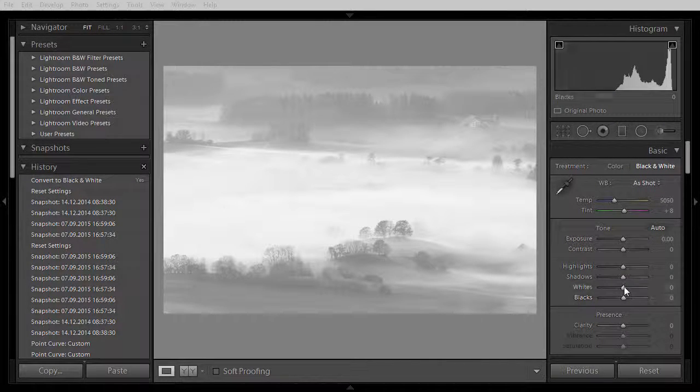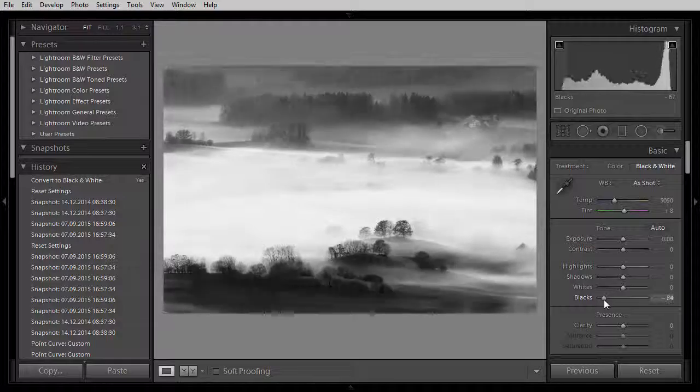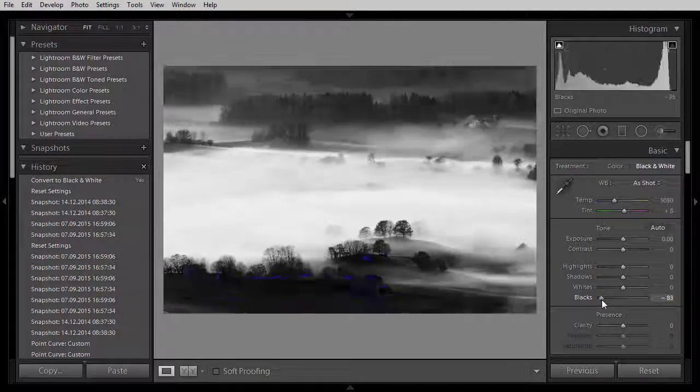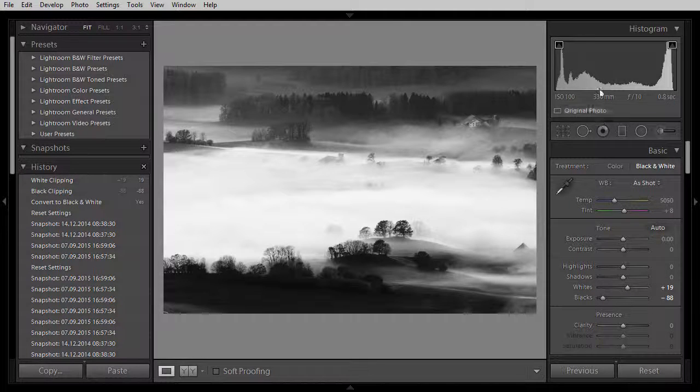Now, by dragging these sliders to the left and right, we can see how the histogram is stretched towards the blacks in this case and towards the whites in this case. Now, in order to know when to stop, what we can do is to click on the triangular icons that hover on the histogram. They were clicked already,